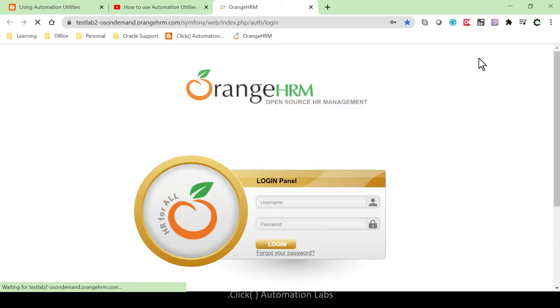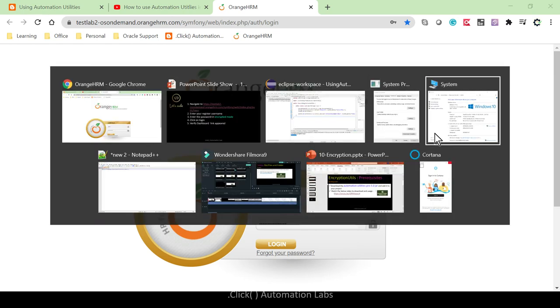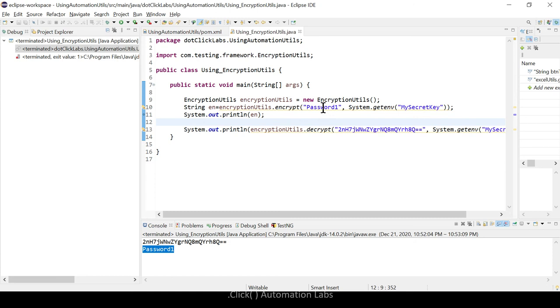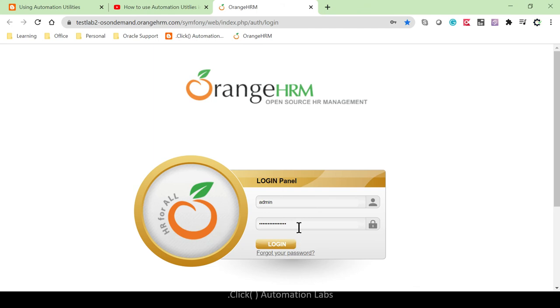So this is the site. Okay, guys. So admin is my username, and the password is this one, which shows as dots. No one knows it. I know it, and I have already encrypted it using my encryption utilities key. This is my password. This is how I generated this: I generated it by giving my password over here. I'm not revealing it over here. Assume that this is your password. Then if you run this, I got this particular encrypted string. Now I wanted to use this to log into this script.